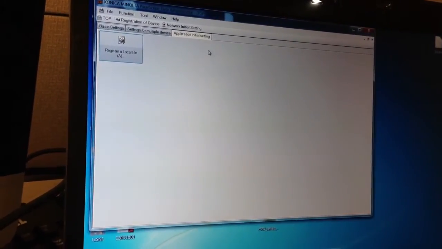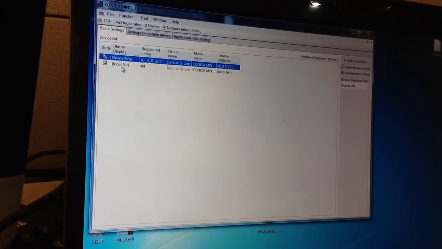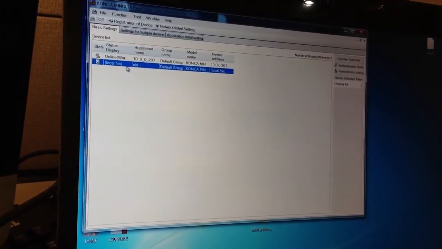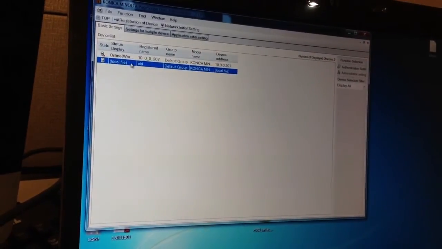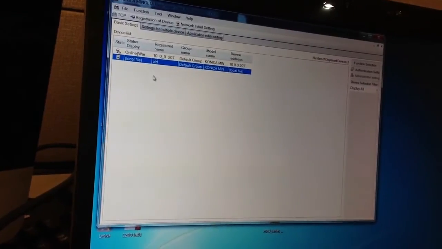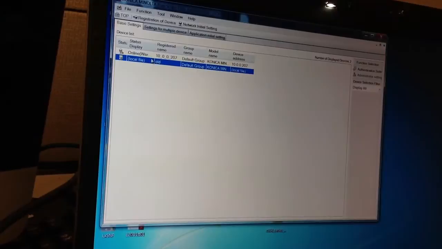So now, if we go back to here, you can see we have our original copier, and now we also have a copier. It's not really a copier, it's a file, but it is acting like a copier. So this is our file. What we'll do next is we'll plug our new copier online. Whatever IP address it gets, who cares? Once we see it and it's in the list, we will take this file and we will import it in,